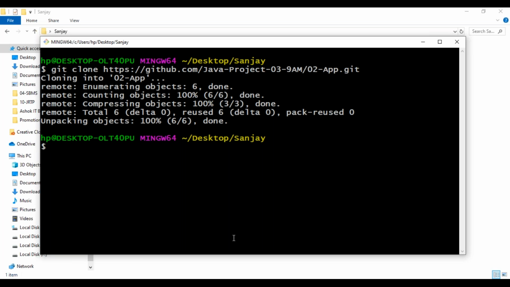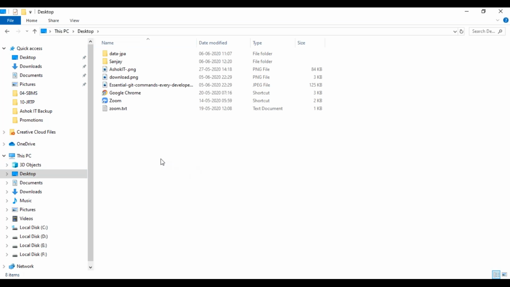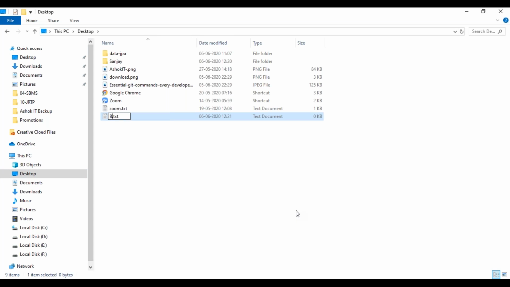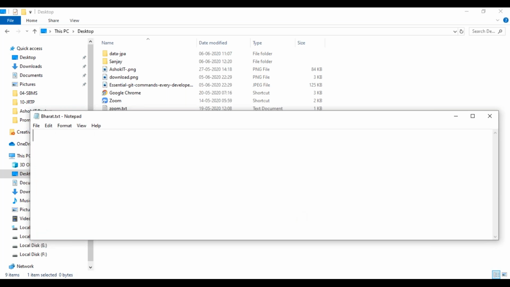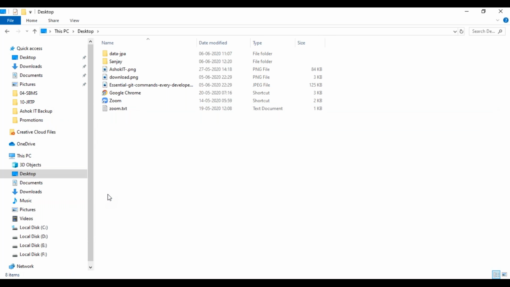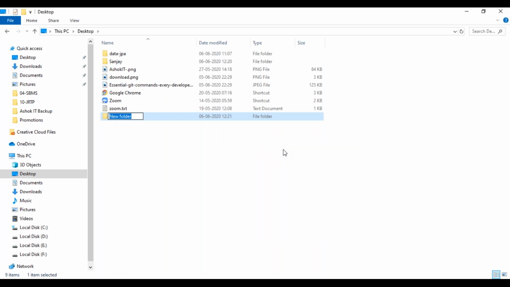Right. Now let me explain once again. Here, one more folder called Bharat. He's also a new joinee in the project. Now assume that this is Bharat's system. I need to create a folder for that. Now in the desktop, I'm creating one folder, or else directly here, a new folder. So the folder name I am choosing is Bharat. Assume that it is Bharat's system.